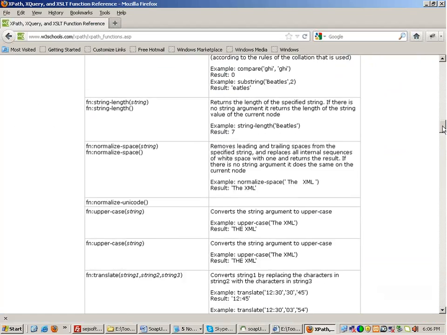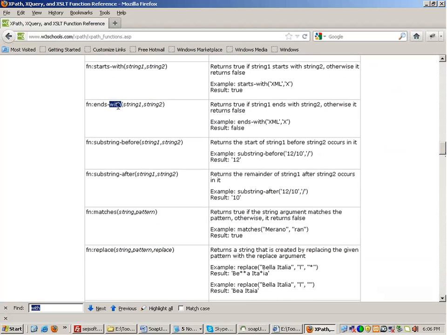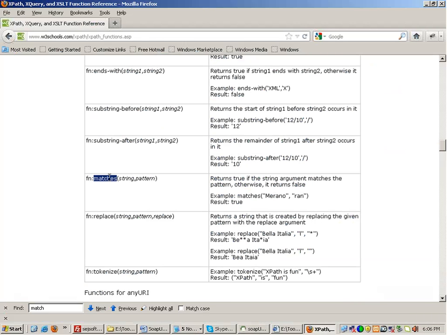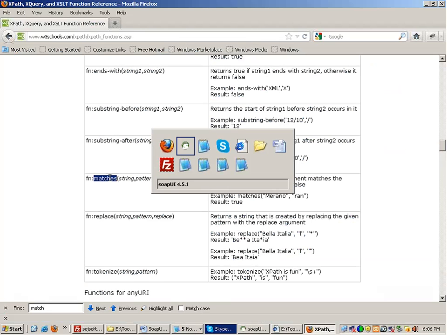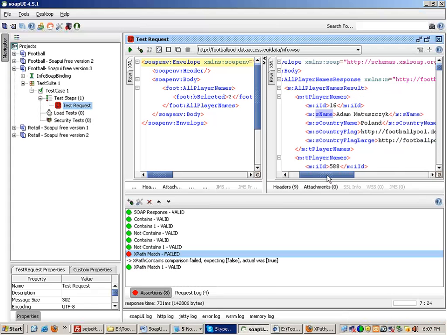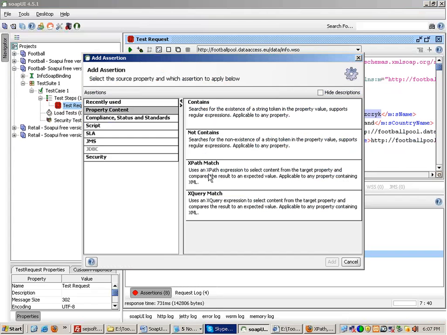Okay, these can be used with XPaths. One of the important functions is matches. The matches function can match your result to a regular expression. For example, in this whole thing, I want to check whether the name of the player should only contain English letters. I want to test this, so I can use an assertion over here,